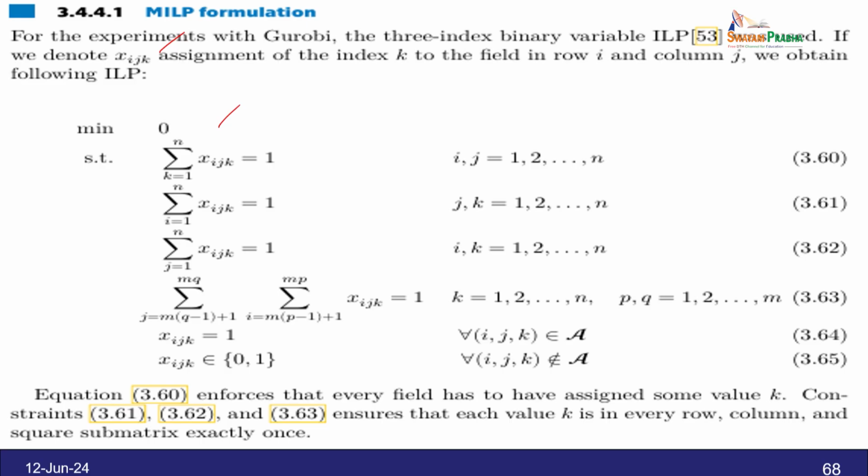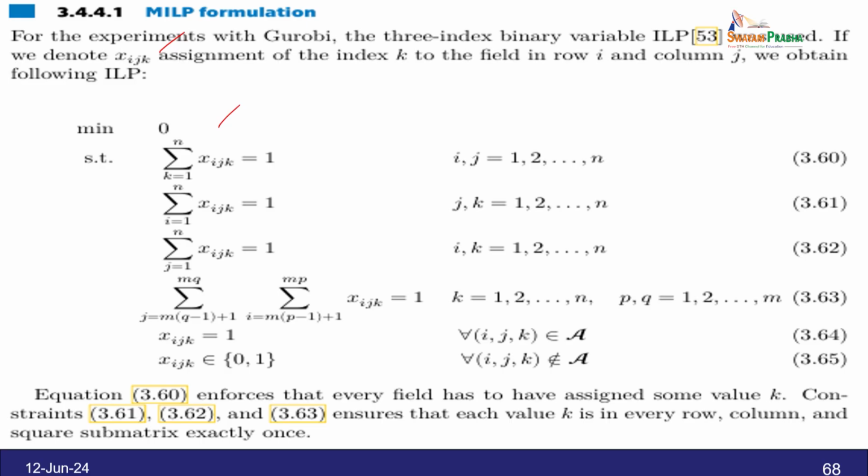such that summation k equal to 1 to n xijk equal to 1, where i, j varies from 1 to n, and summation i equal to 1 to n xijk equal to 1, where j, k varies from 1 to n, and summation j equal to 1 to n xijk equal to 1, then i, k equal to 1 to n. So, cyclically you have to take it, and then summation j equal to